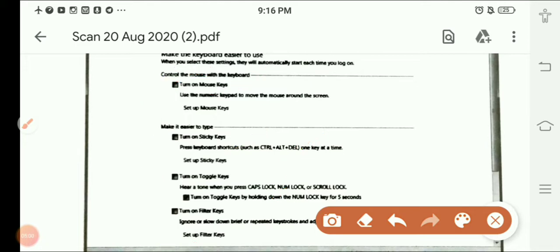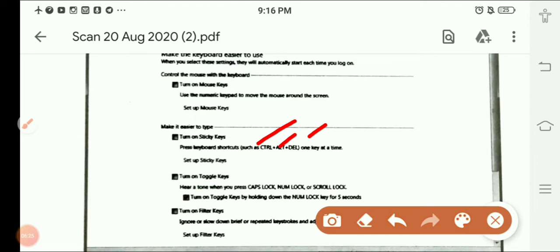Next one is to use sticky keys. What are sticky keys? Take Control, Alt and Delete. By default these keys work with some other key. We never use Control, Alt and Delete alone. We use them in combination with another key, and the requirement is that we have to press both keys simultaneously.